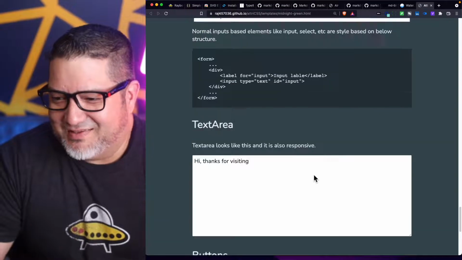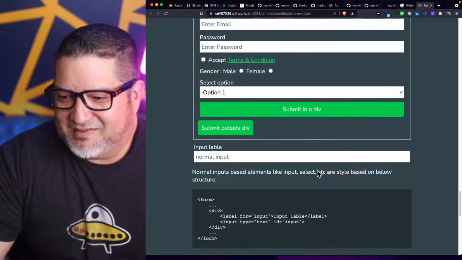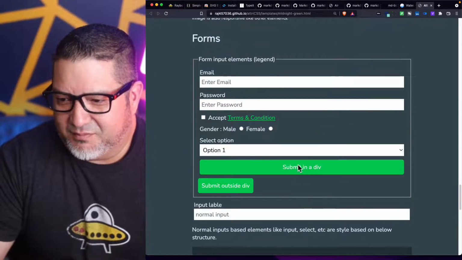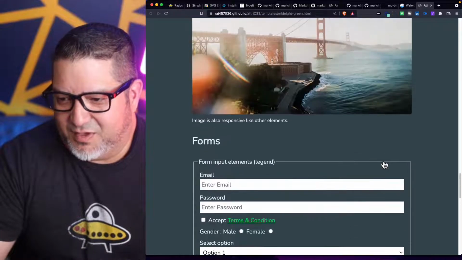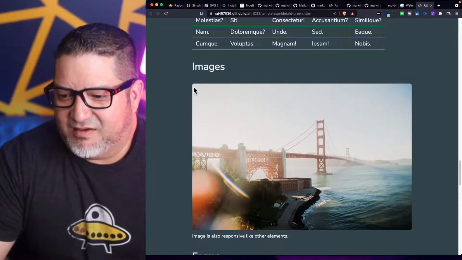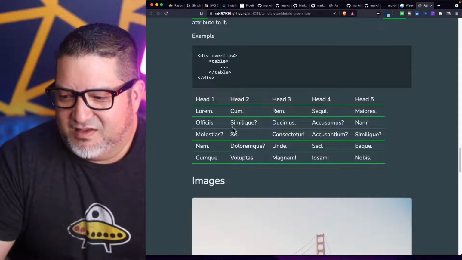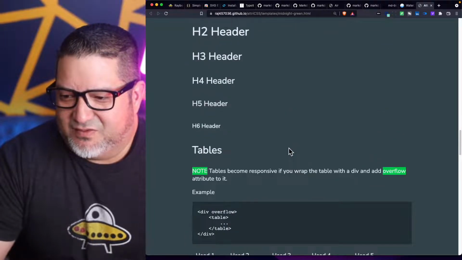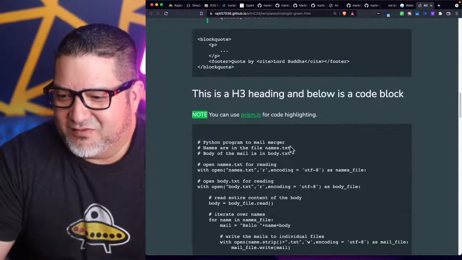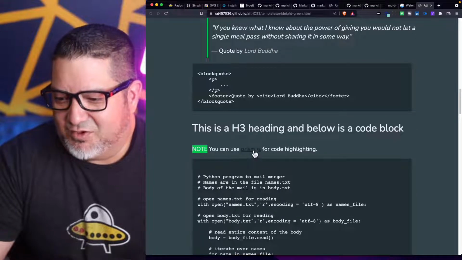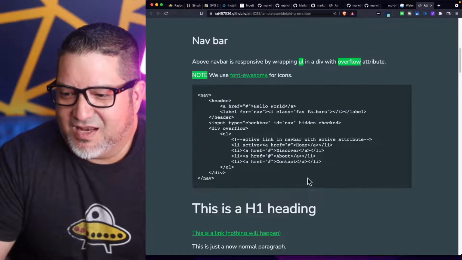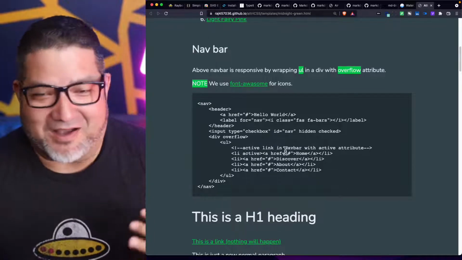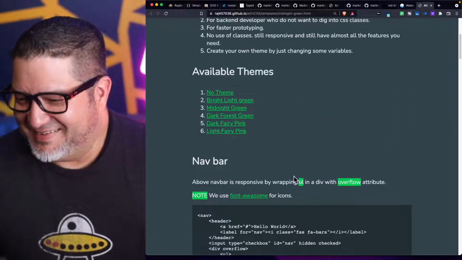I think this one has a little bit more possibilities. The forms look pretty nice, much better than the default forms. Again, they're like 100% of the width. The images have rounded edges, which look nice. The tables look pretty good. So this is a step up from what we've seen so far. And you can add Prism.js if you wanted syntax highlighting for the code and stuff. So kind of a step up. I'm going in order of awesomeness. So although this doesn't look that